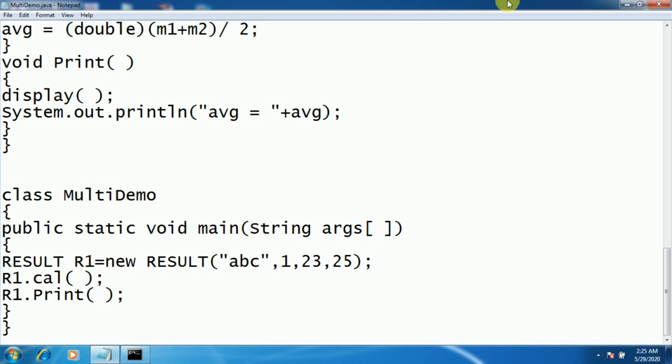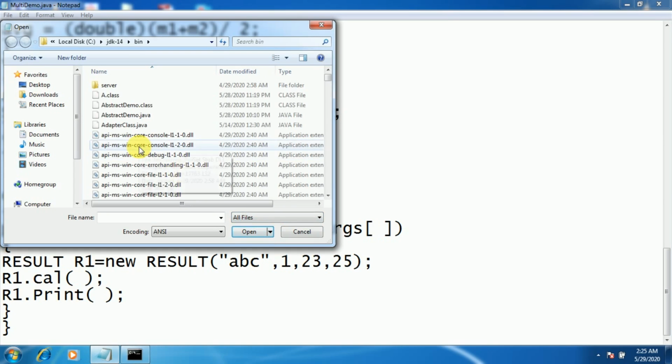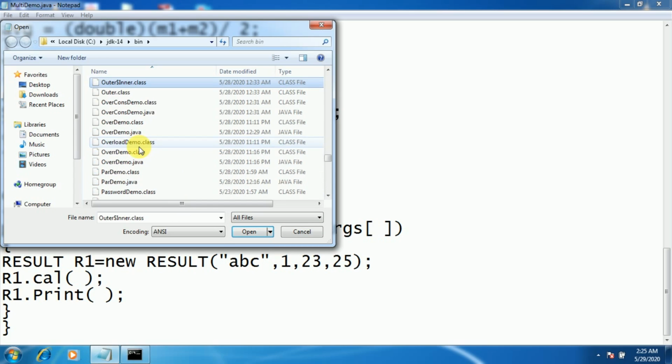So now coming to the third pillar of OOP, which is called polymorphism. Polymorphism is nothing but the ability to take more than one form. That is, you have defined one method with the same name, but its functionality may be different. Either you may pass any number of parameters to it, or the same number of parameters, but their implementation is different. That we call polymorphism. And this polymorphism is divided into two types. One is called compile time polymorphism, another is called runtime polymorphism.